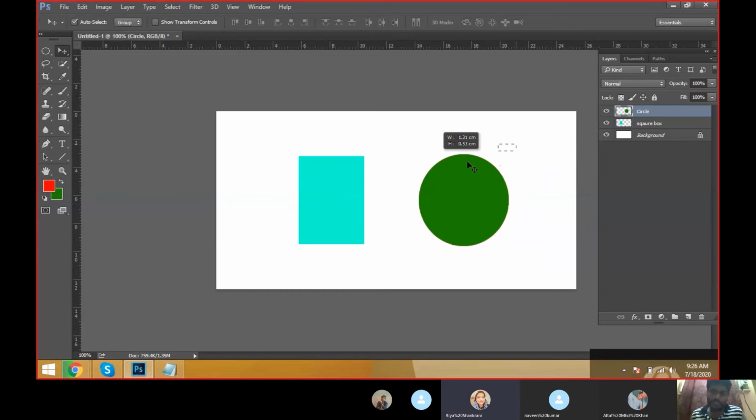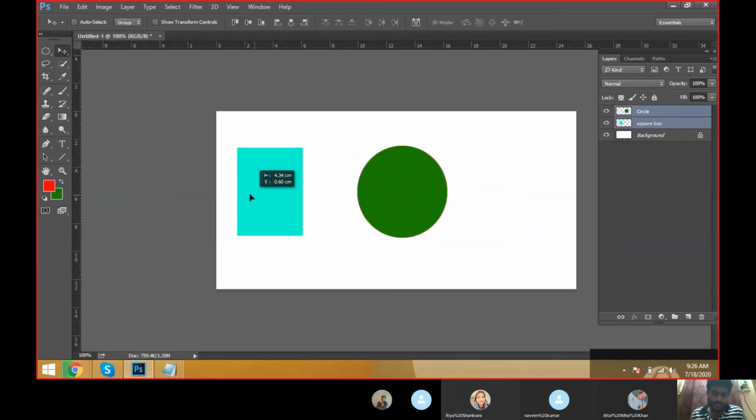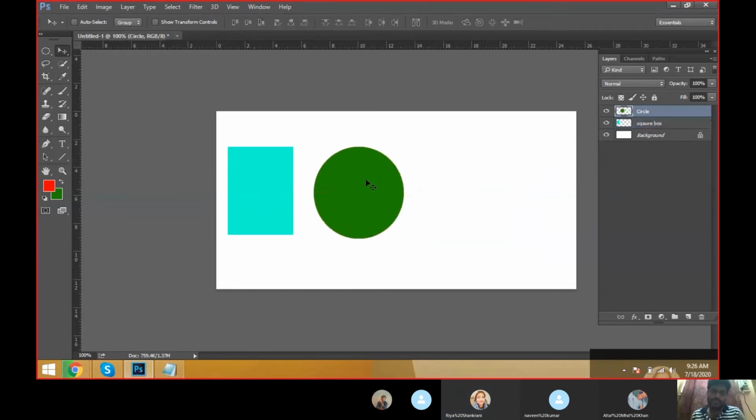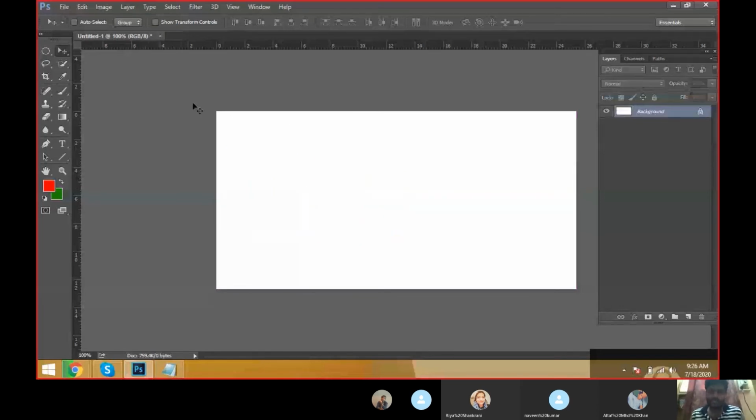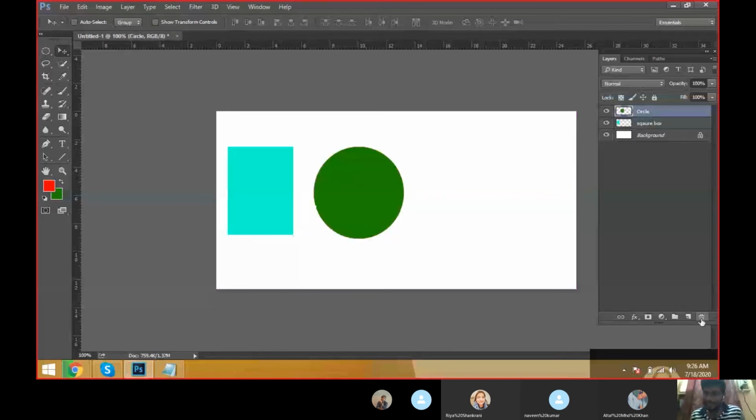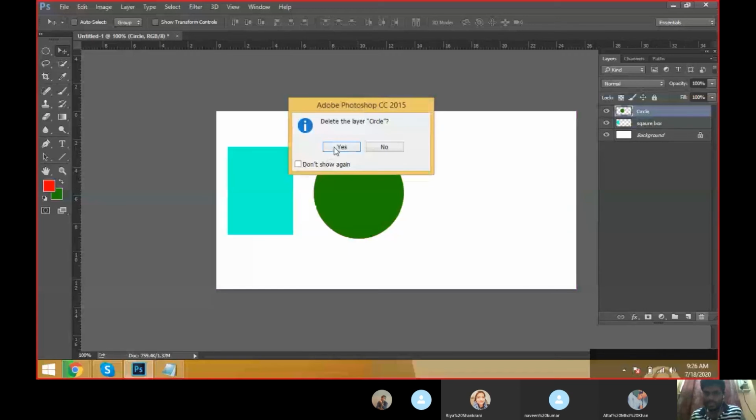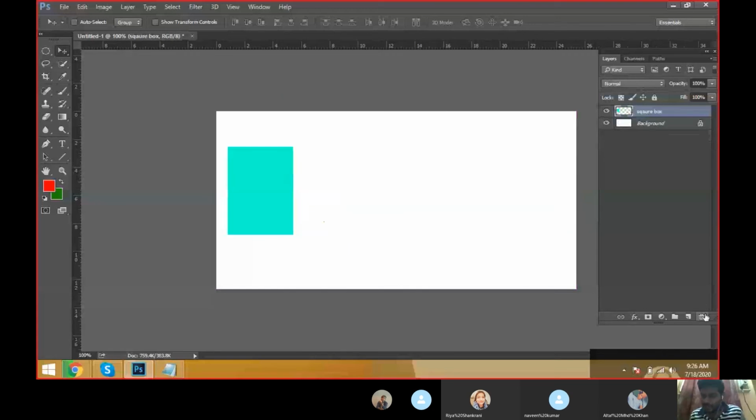Okay, the circle part is fine. The circle is completed and the rectangular part is also completed. But this is the basic selection we have done. Then we can select this one and delete the layer, either from here or with the delete key on the keyboard.